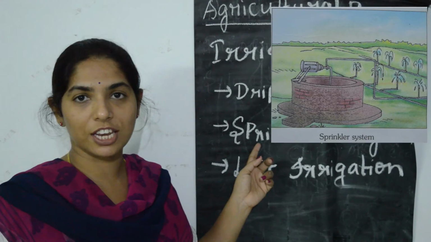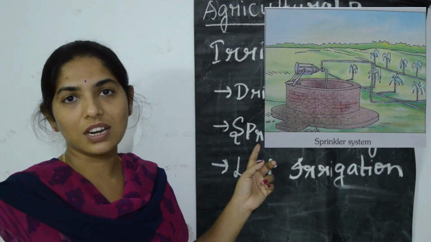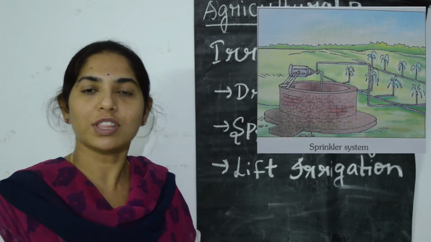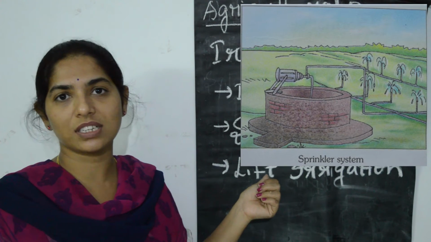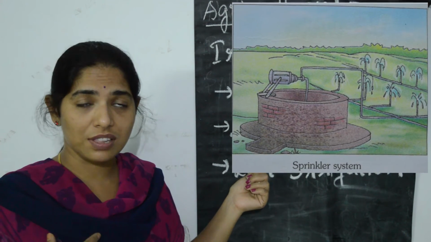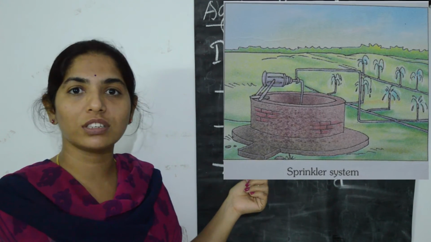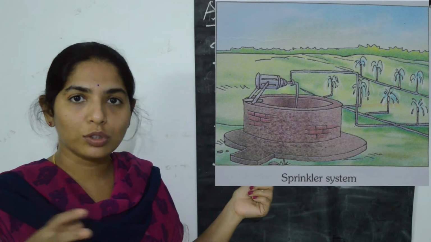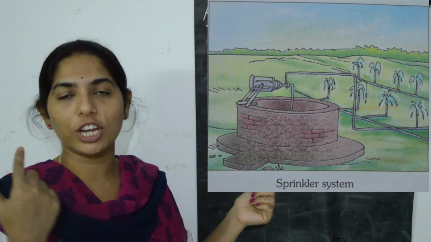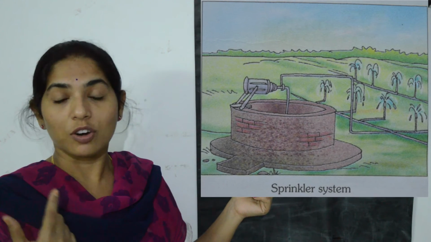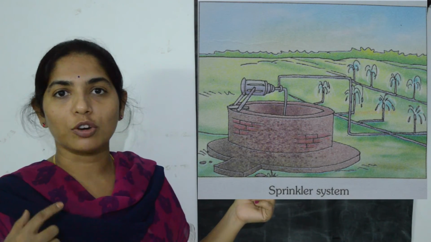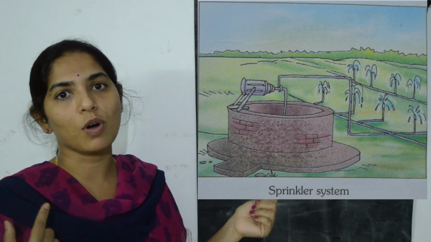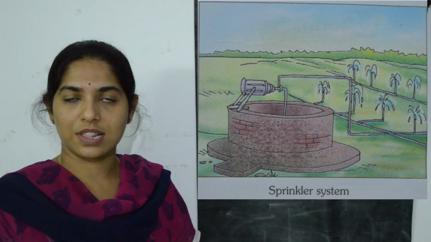Then sprinkler irrigation. In this method, there is a network of pipes throughout the field or throughout any park. Generally we see this method in parks. That is especially to give water to uneven lands. To the main pipe, rotating nozzles are attached. So when the water moves through the main pipe, with the help of rotating nozzles, the water is supplied to the plants.